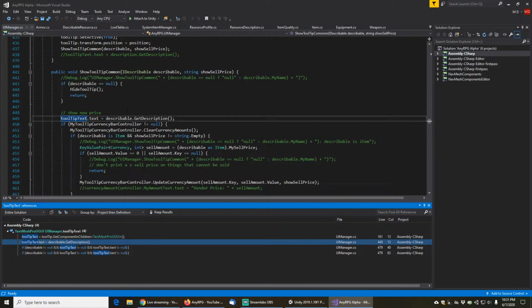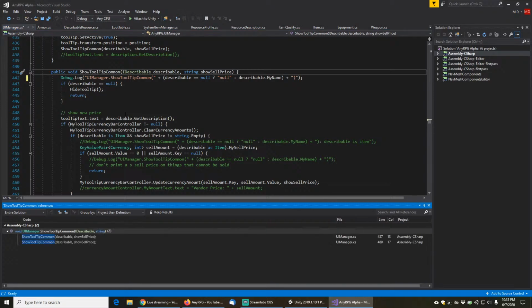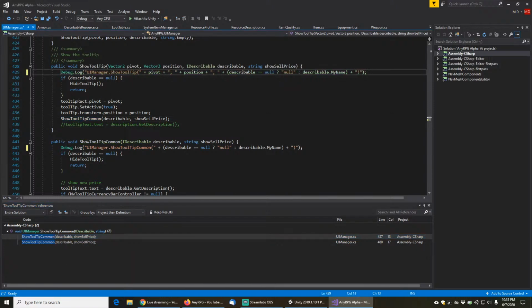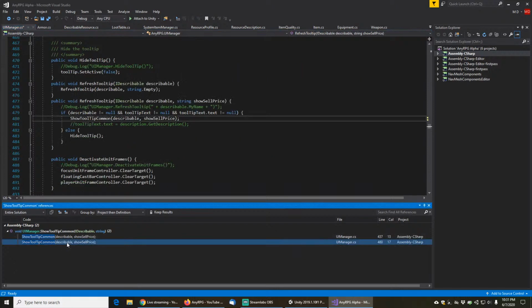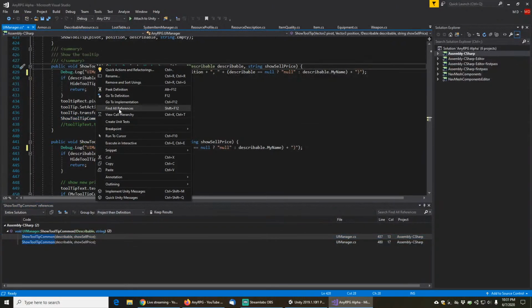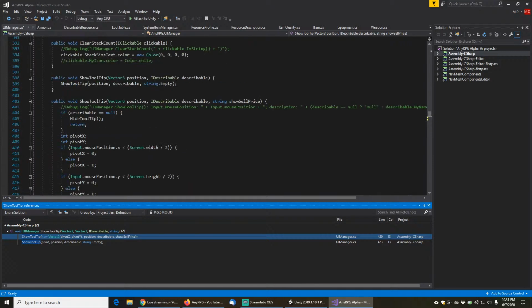And this just says describable.getDescription. So this happens in show tooltip. And that happens